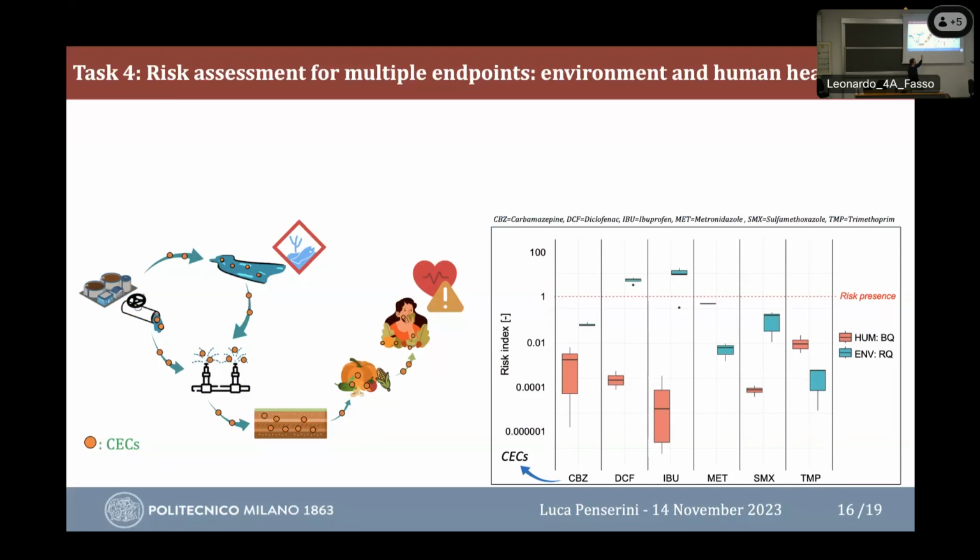And we can see that for every contaminant, there's a sort of different behavior. The first 5 contaminants have the higher environmental risk. The last one has the contrary. For diclofenac and ibuprofen, we have an environmental risk which is above the threshold level. So in this perspective, it is important to